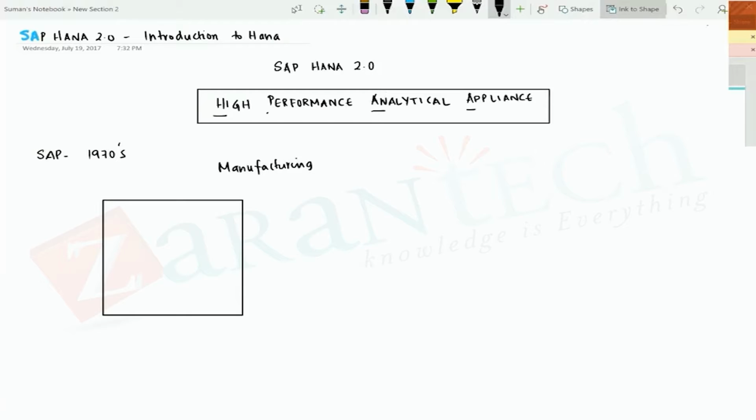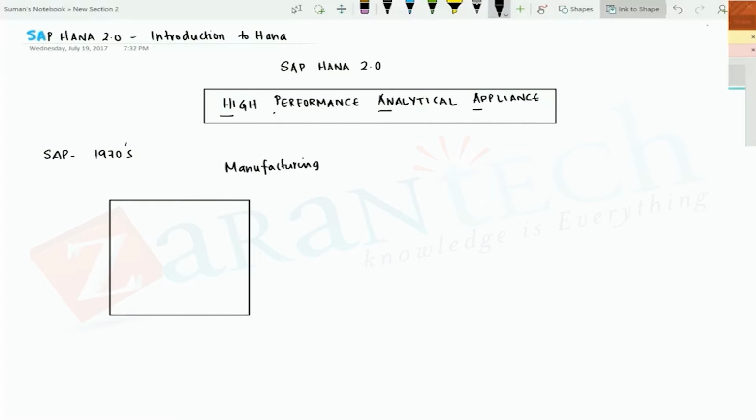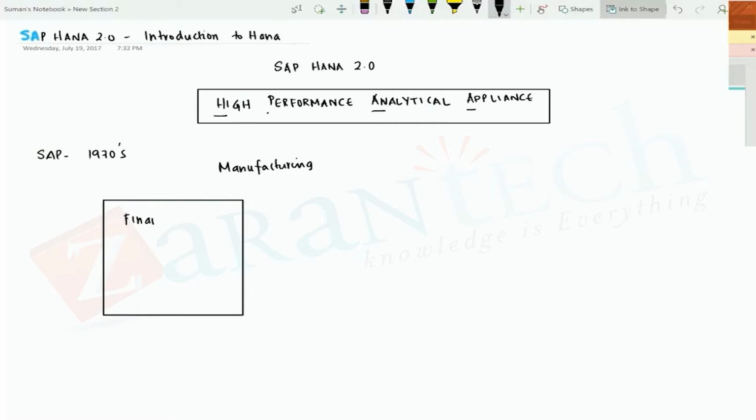In a manufacturing company, what typically happens is, you will see certain departments are very, very critical for any organization, right? One such department is finance. Any organization, no matter what that organization is, it will definitely need a finance department. It will also definitely need